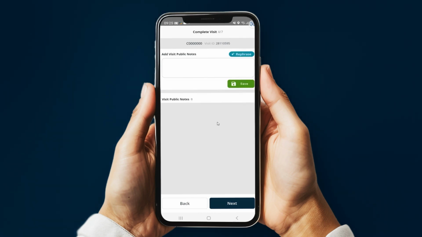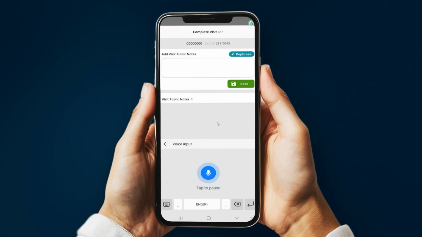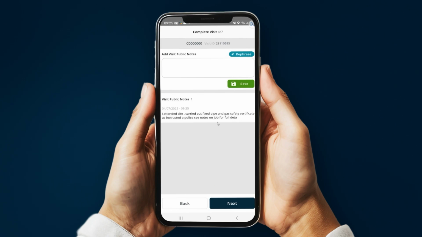And then it's whether I want to add notes to the notes I've already put in. So I've already put in my notes on the job itself. So again, I can come in here, press my microphone, and say: I attended site, carried out fix to pipe and gas safety certificate as instructed. Please see notes on job for full details. Then I can hit save,